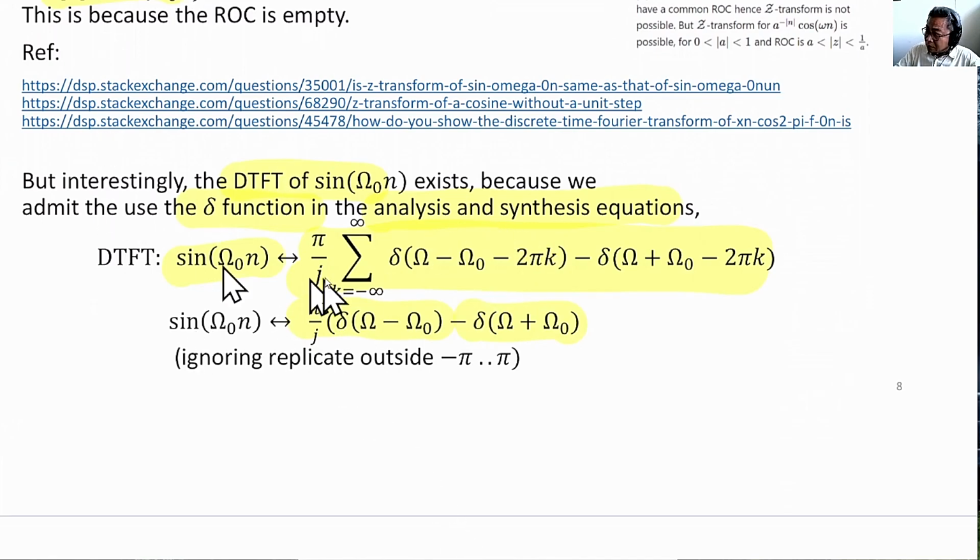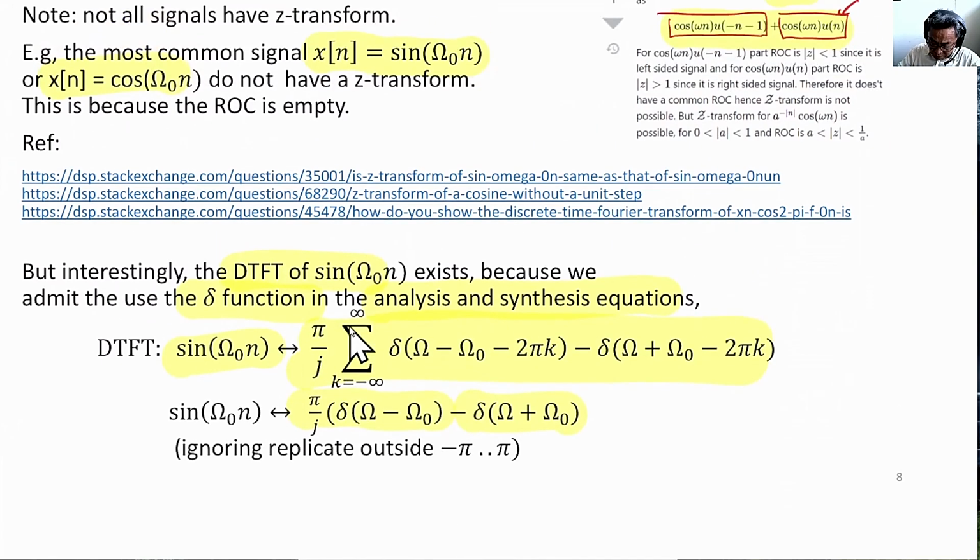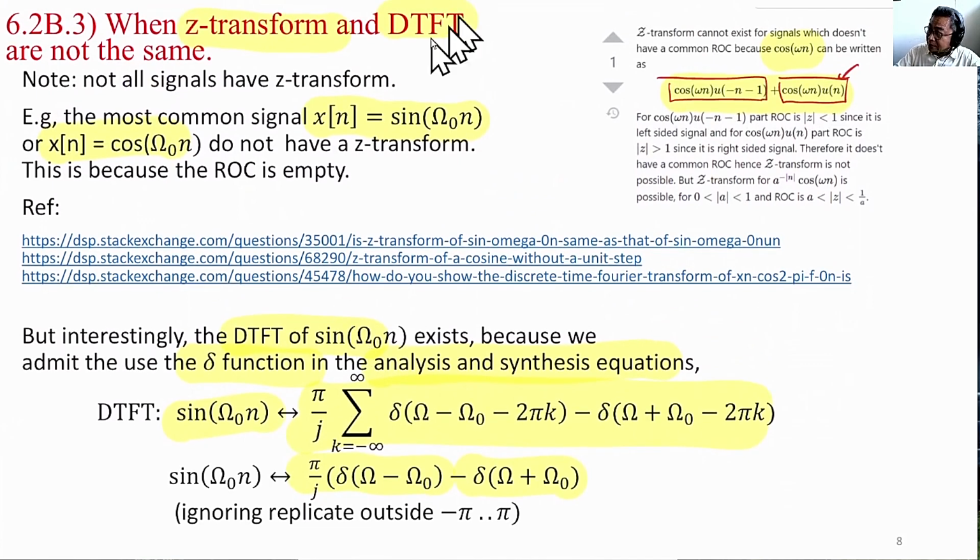So please don't be confused. The Z-transform and DTFT are the same only when the ROC includes the unit circle. If it doesn't, you cannot use the Z-transform as the DTFT expression. However, because the DTFT uses delta functions, it realizes the sinusoids, even though they last from negative infinity to